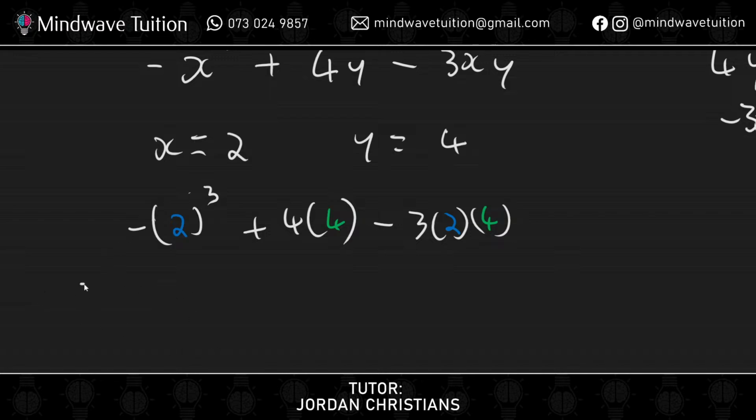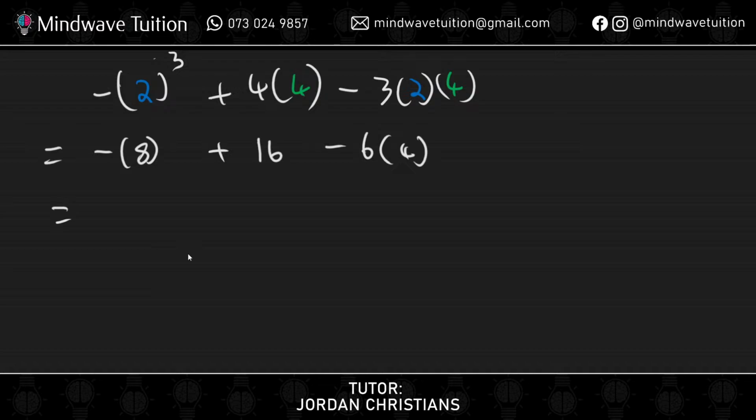Okay. So now it's again just calculating what this is. So whenever we have a negative outside the brackets, that just means you need to deal with whatever is inside the brackets first. So 2 to the power of 3 is just going to be 8. So this will be negative 8, negative bracket 8, plus 4 times 4 is just going to be 16. And when it comes to this one here, we have negative 3 times 2, which will be 6, times 4. So you can either choose to do that entire multiplication sum in one step, or you can do it in 2. Just remember though what you do multiply. Whatever you didn't multiply, bring it down. So negative bracket 8 we can just rewrite as just negative 8